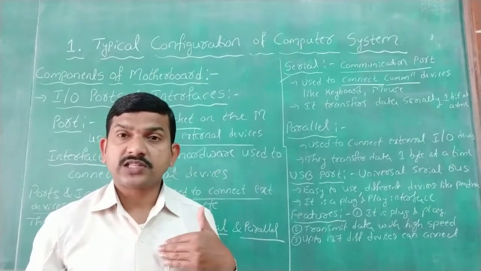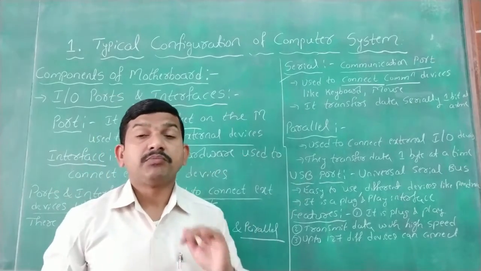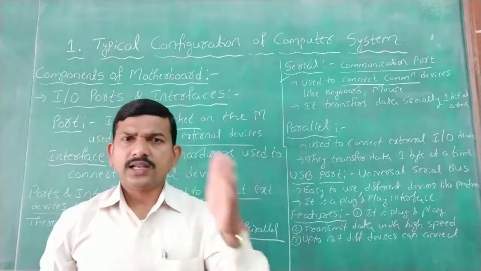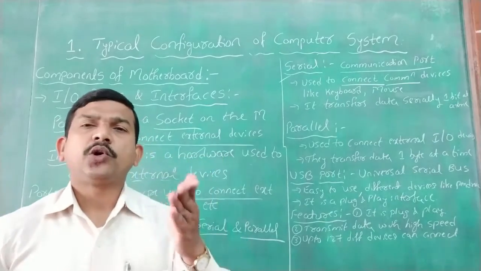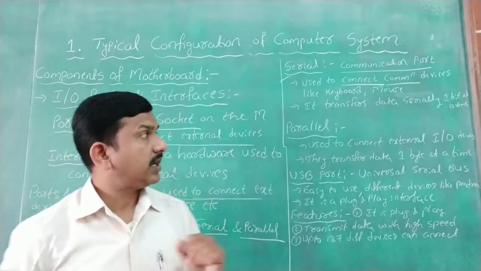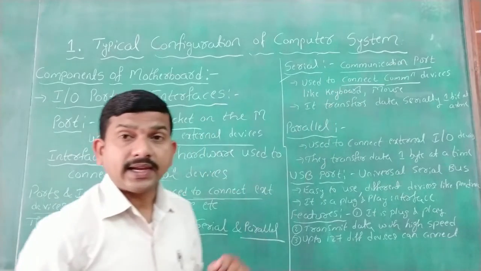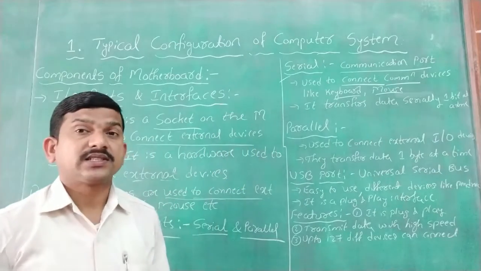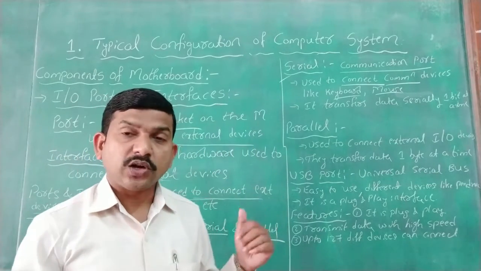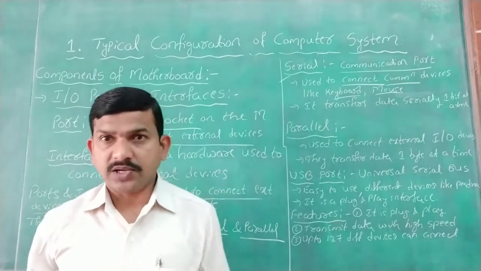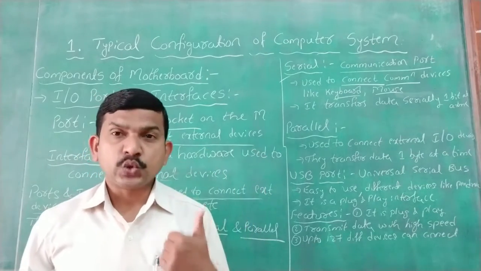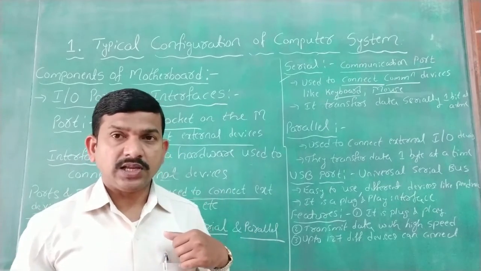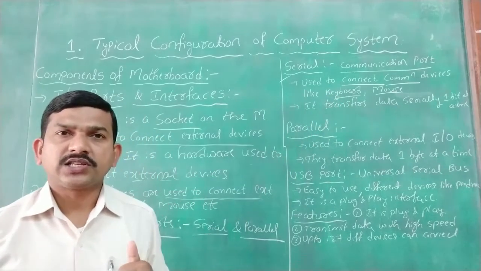Keyboard we are using for communication purpose, means we are sending some data. Mouse is also a communication device. Printer. Any other things. Normally the keyboard and mouse are the best examples for communication, because these two are commonly used for communication purposes. With the computer system, when the user wants to communicate with the computer system, what do we require? Input devices normally. That is nothing but communication devices here.